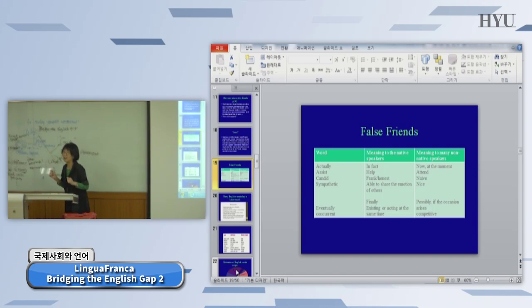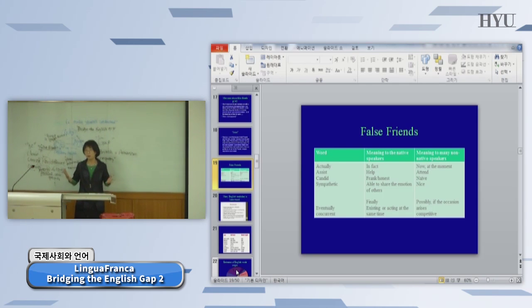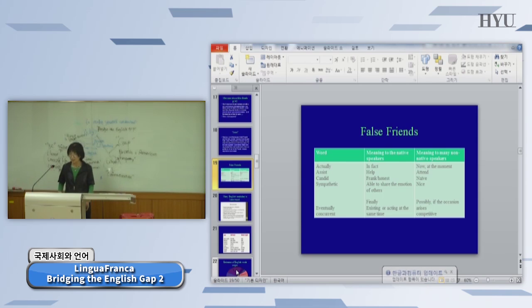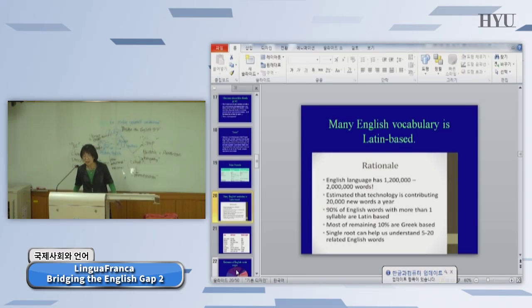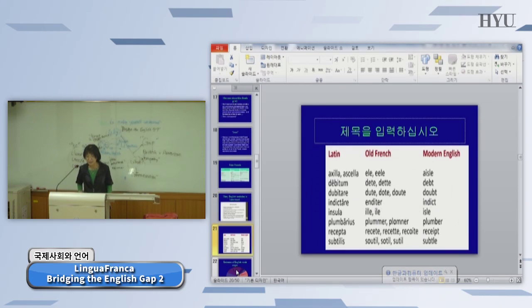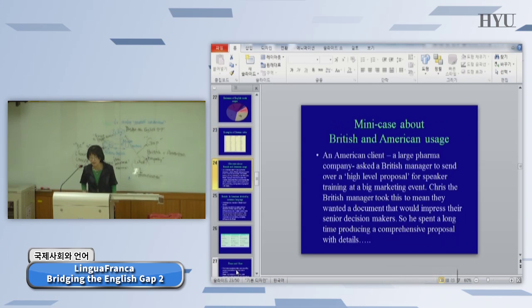So we should be very cautious about the use of false friends. The words should be trustworthy, but sometimes false friends cause a problem. So this is something different here. We don't have to go into that, we'll skip that. So there are many.